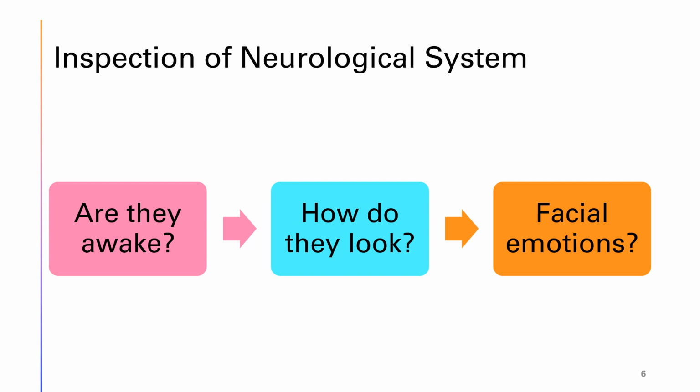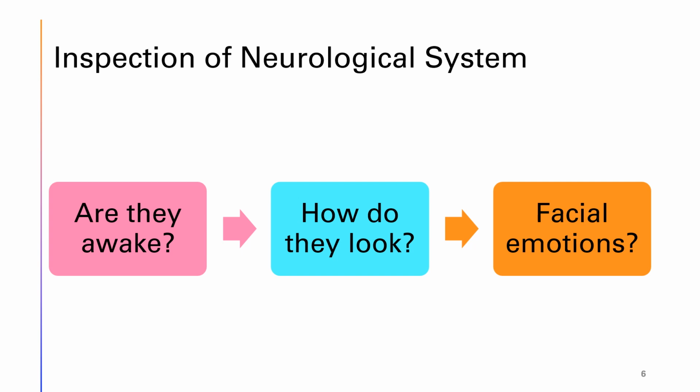So let's start with our initial inspection. The inspection we see when we walk in the door is part of our general survey. When we walk in, what does the person look like? Are they wide awake? Do they turn to us? Are they talking to people in the room? Are they laying there with their eyes closed? Do they open their eyes to us moving around in the room? Do they open their eyes to our voice? Do we need to touch them to have them open their eyes?